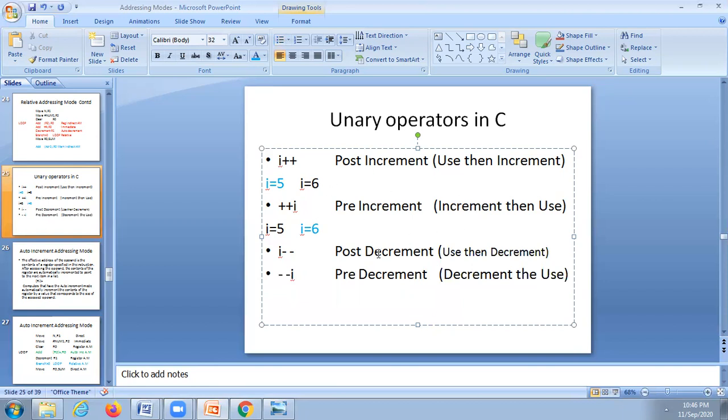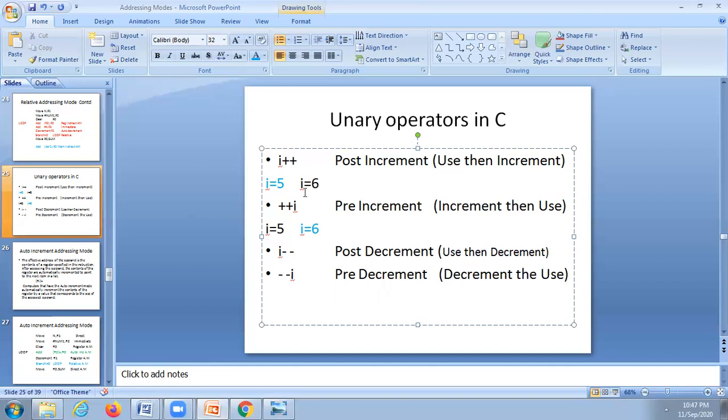This we have already learned in your first year, when you studied programming in C. This is the earlier knowledge you have: post increment, pre increment, similarly post decrement and pre-decrement. These concepts will be used in the auto increment and auto decrement case.